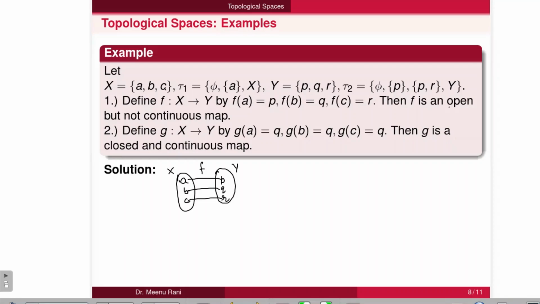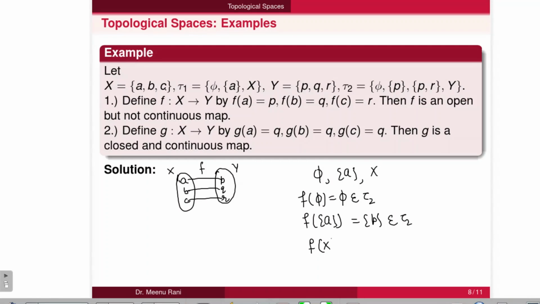Now we check whether the function is an open map. If function is open, if we take any open set in X, then its image is also open in Y. So we take all the open sets in X. These are phi, singleton A, X. Now if we take its image, F of phi is phi, so belongs to tau 2, so it is also open in Y. If we take singleton A, image of it is mapping to P, so it is P set, so belongs to tau 2, it is also open in Y. And if we take image of X, it is Y, so belongs to tau 2.